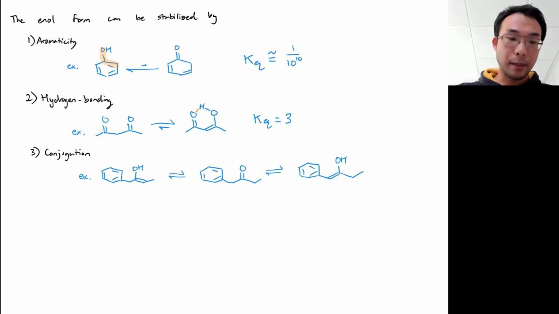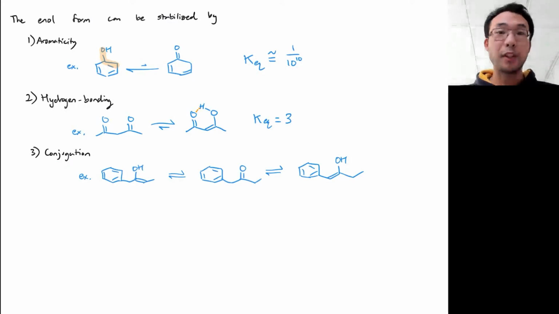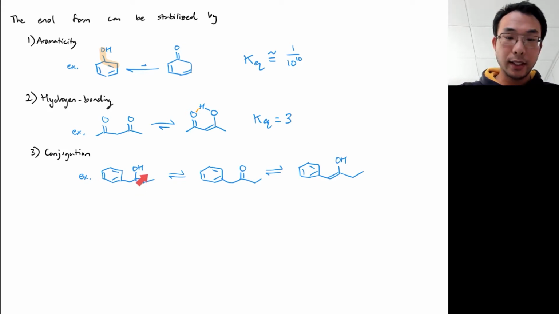And so here's another example of how conjugation can stabilize an enol and lead to certain enols being favored over others. So in this case, the enol on the right is going to be less stable than the enol on the left, and probably the enol on the left is likely to be more important and more stable than the